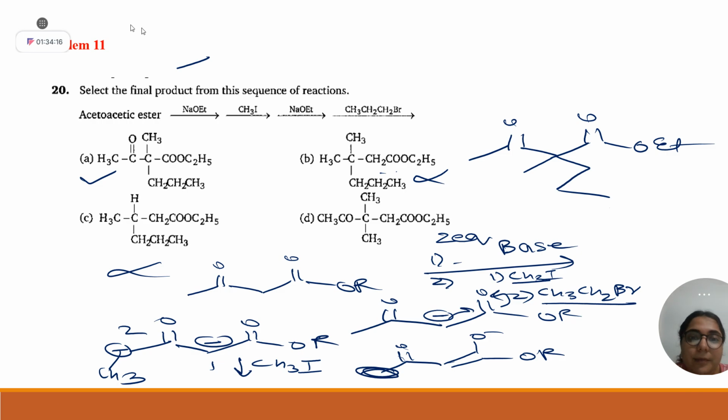Ma'am, how come here we are not applying that? Because here first base is added, methyl iodide is added, done. Then again base is added. Obviously after methylation here, it will abstract a proton from this side. But in my example, I have added two equivalents of base in the starting only. Here sequence plays a role. Understood? Yes, ma'am. Very good.